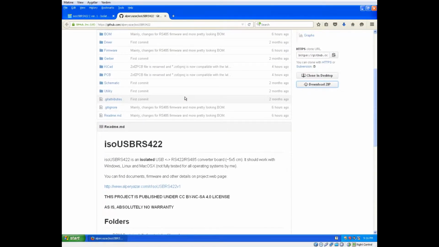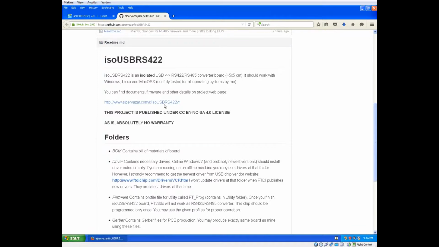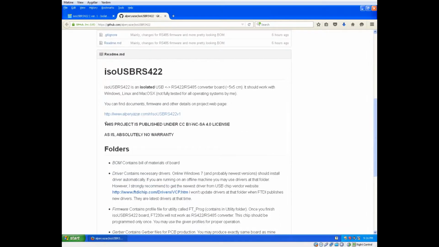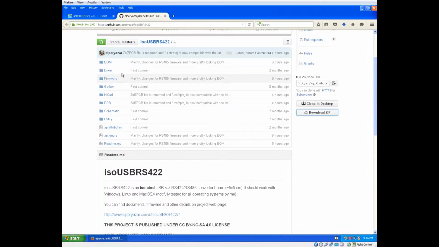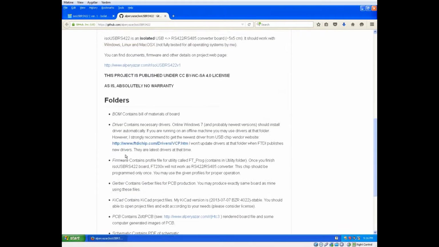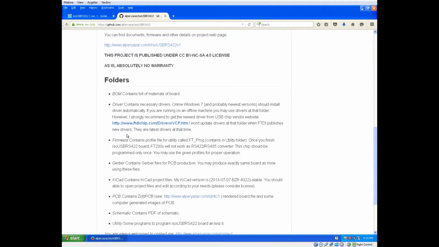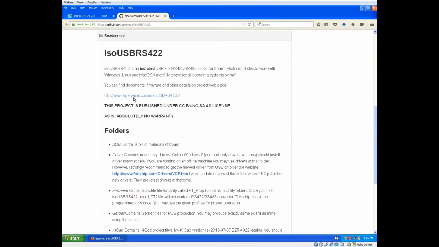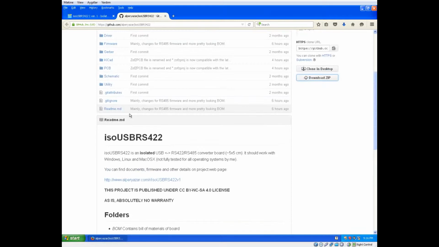On GitHub page, you will find some explanations about folder structure and files. These README files are also included in our zip file, so you don't have to follow the GitHub page for README files.